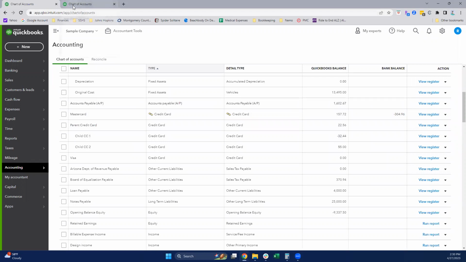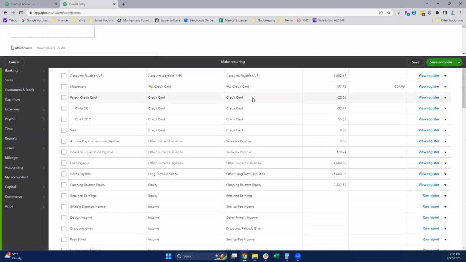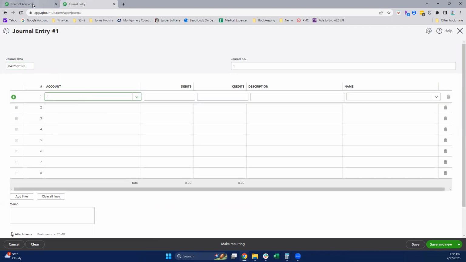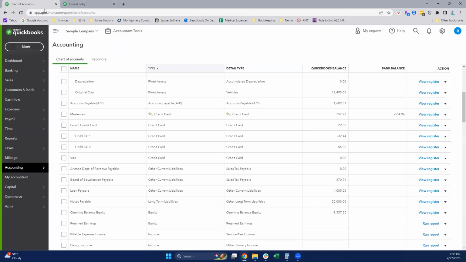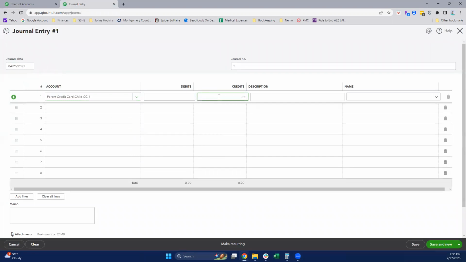Typically I would date the journal entry as of the date of the statement. So I'm going to do a new journal entry right here, and we're going to pretend that the statement date is the 25th of the month. What we're going to do is basically clear out the child accounts and post everything to the parent account. Child account one has a negative 3244, which in this case is actually a debit balance. So I'm going to credit